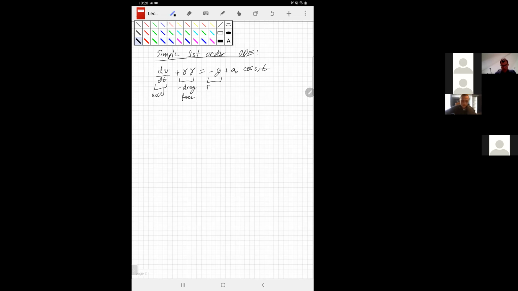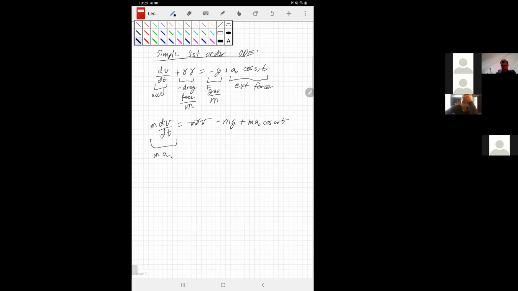Here we've got the gravitational force. And here we've got the drag force over m, minus F grav over m. And here we've got some external force that's acting on this particle. And you can say, well, shouldn't I really be writing it as m dv/dt equals minus m gamma v minus mg plus m a naught cosine omega t? Sure, if I want to express things in the form of Newton's law,